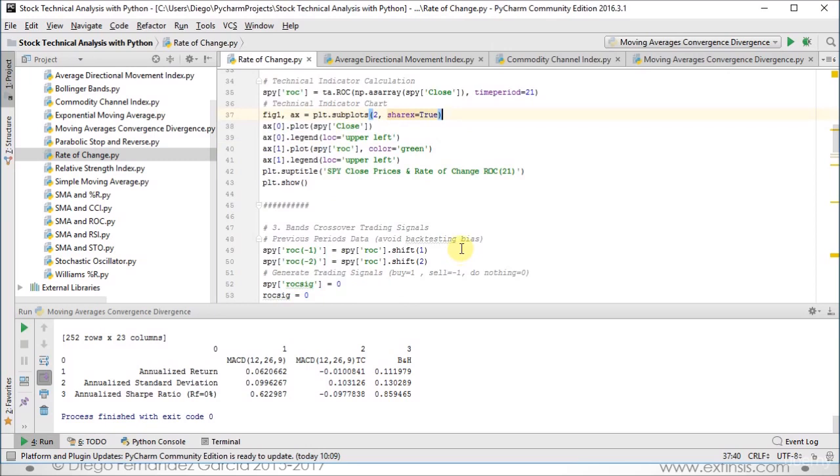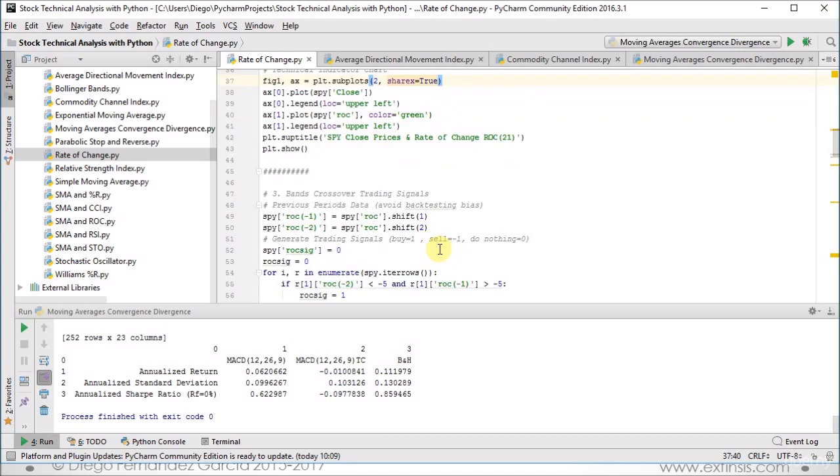For this, we first create columns with previous periods data to avoid backtesting bias. Then we generate our trading signals: buy equals 1, sell equals -1, do nothing equals 0. Then we create the corresponding column where we're storing them and the variable which we are going to update within